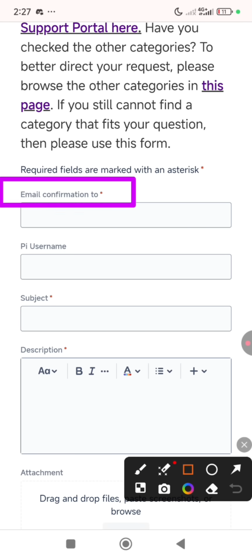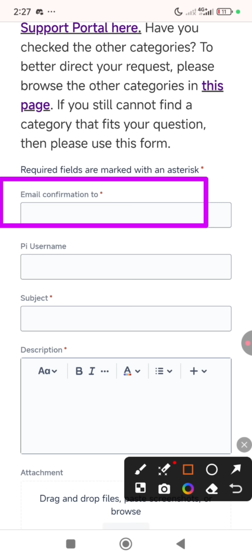You make sure that in this first box you input your email address. Now this email address is compulsory. It must be the email that you linked to your account. And this is why I told you at the beginning part of this video that it is very important for you to link your email